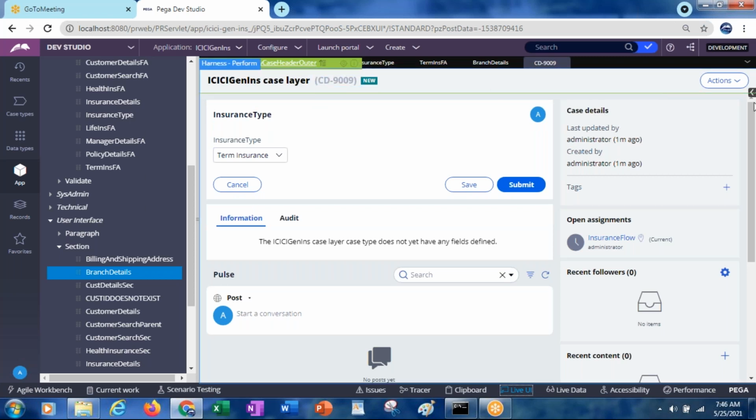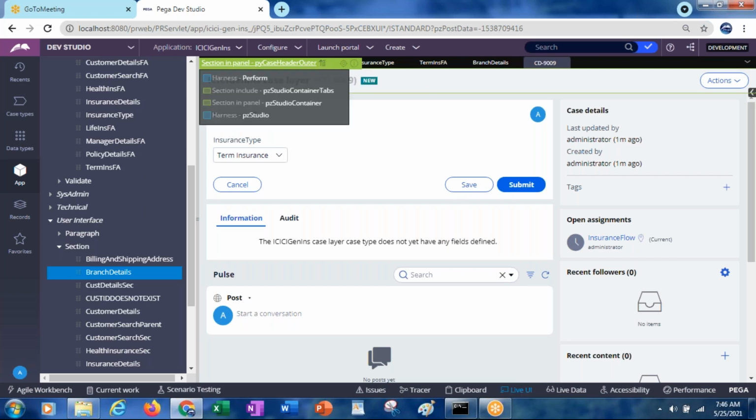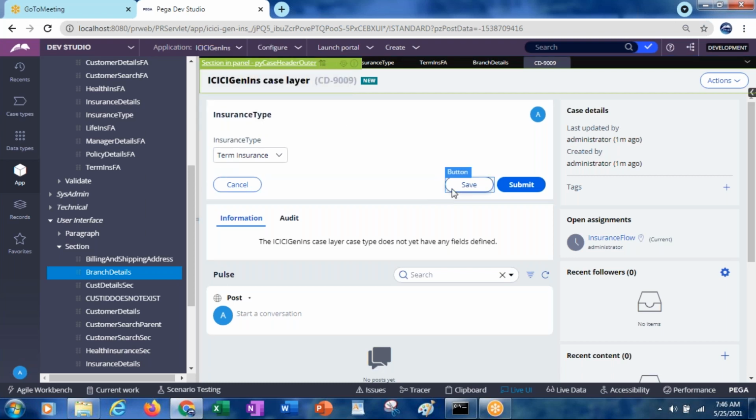Now, if you want to see the immediate ancestor for that parent section, you can see it. For this, the parent is the perform harness, and for that again, the studio container tabs, studio container, and then the studio. Like that, you can see the parents and ancestors for any of the controls, like for this button.